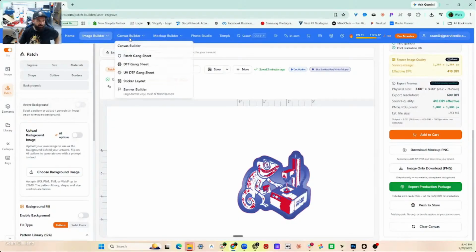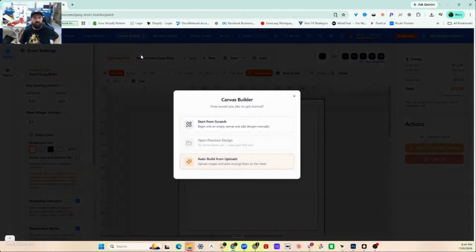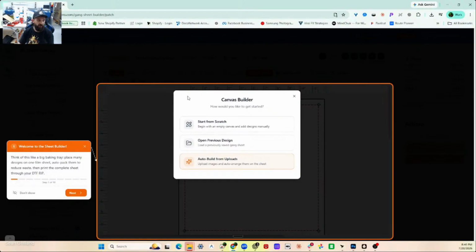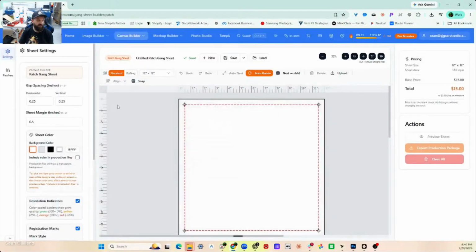All right. So the next thing is going to be the gang sheet builder. This is how you would line out your print and cut. We'll start from scratch. You pick your size, you choose whichever one you want. This is going to be your spacing in between your images. This is your margin, which is that red dotted line on the outside, which is just